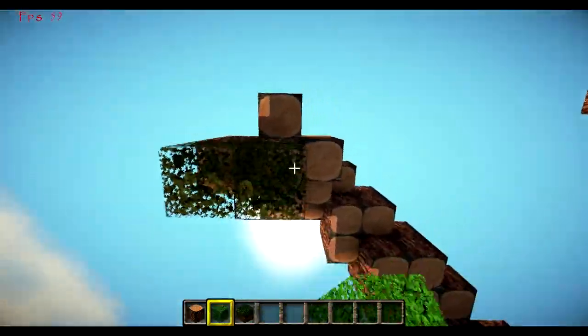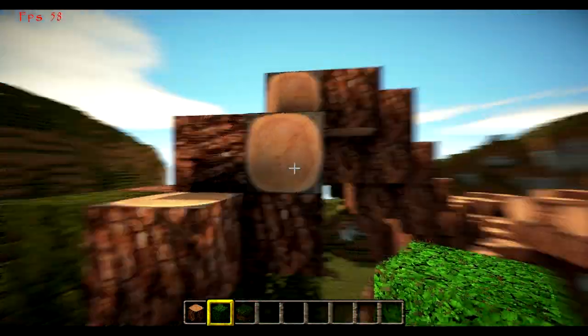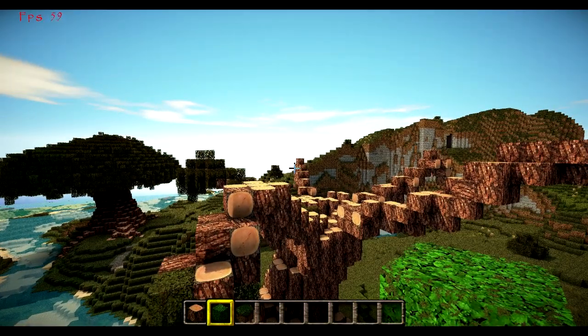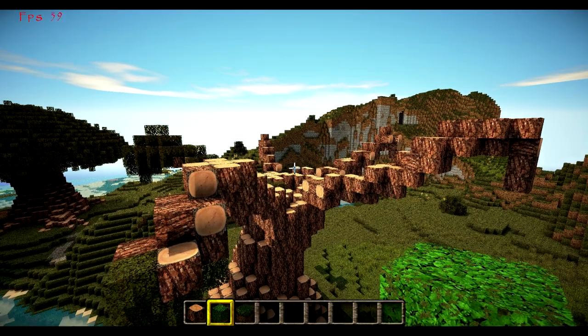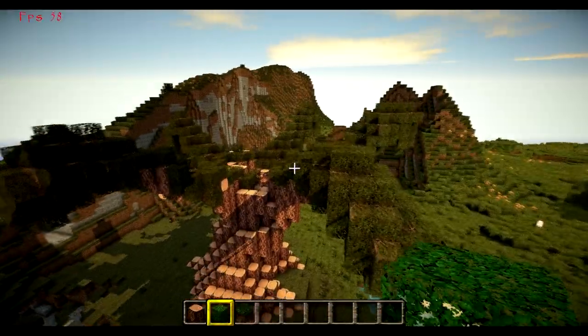So we just cover all the bottoms. And pretty much what I'm going to do is go around and cover all the ends of these in leaves, and then I'll be right back, okay? So I'm going to save you guys some time so you don't have to watch this, so I'll be back in a second. Okay, guys, so I just covered all the ends of the branches in leaves,